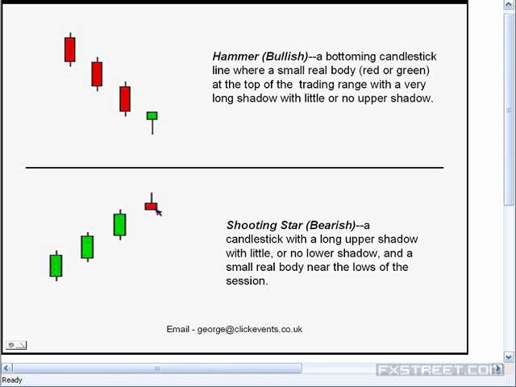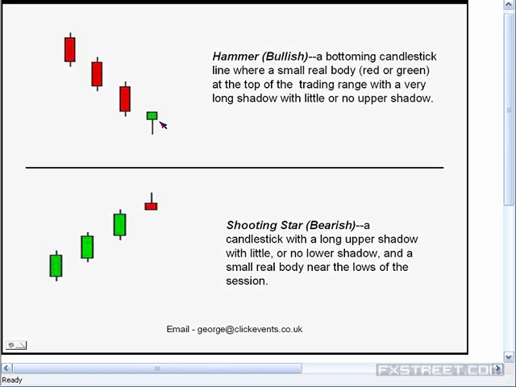Now, we've got a shooting star down here at the bottom of the chart, which clearly occurs at the end of an uptrend, and then on this one up at the top of the chart here, we've got a downtrend with one of these candles which has gone lower. It's gone lower, but then a whole load of buyers have come in. They completely overwhelmed sellers during the formation of the candle, and it has then closed higher, and it closes with a small body. Now, in general, I find that hammers are a little bit more reliable than shooting stars, and